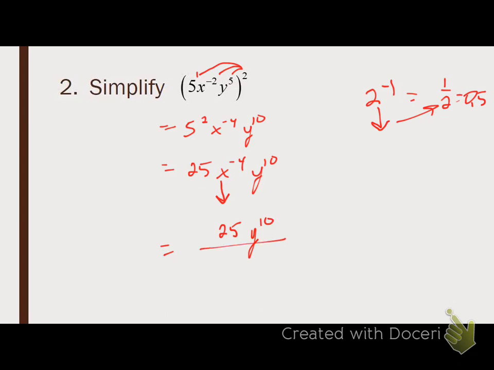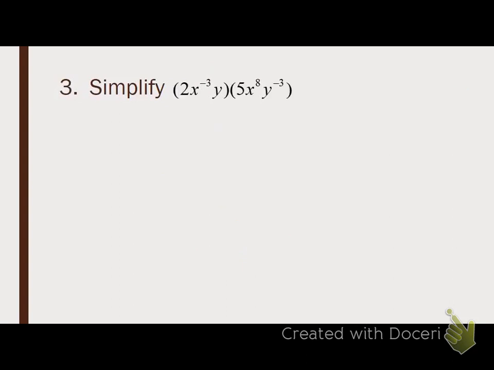So we get 25y to the 10th over x to the 4th. So when we're done with our exponent rules, we've got to move all of our negative exponents. Okay? All right. Number 3. Now we don't have exponents outside the parentheses, so we don't have to worry about distributing any exponents, but we